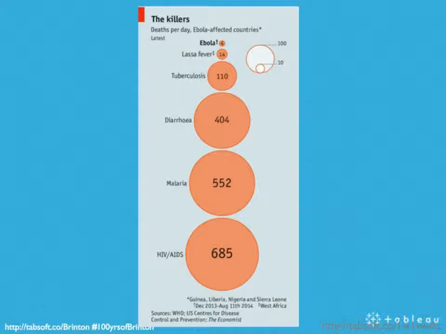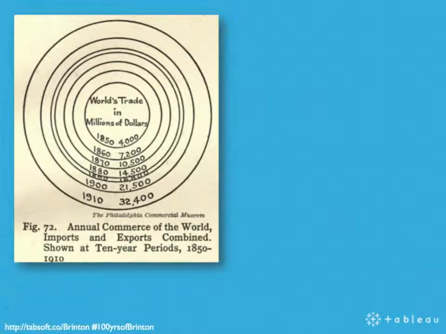And so when we look at all the values, we see that HIV and AIDS are 685 deaths per day. So the problem here is, when you size by area, it's quite easy for us to see the differences between big circles and small circles, but we're very, very poor at working out the precise differences. And if the two circles are similar sizes, it's actually quite hard to see the exact difference. Sometimes it's hard to see which is bigger and which is smaller.